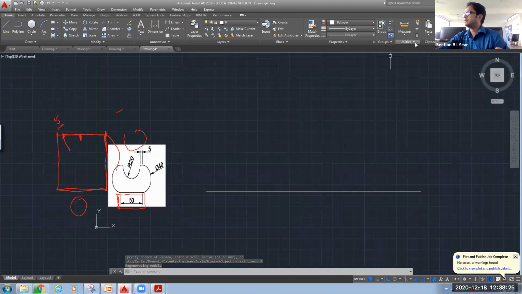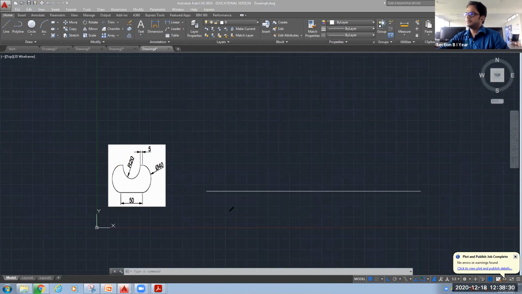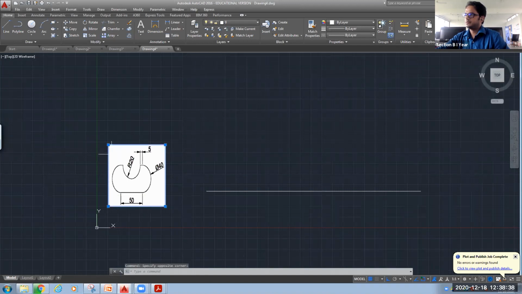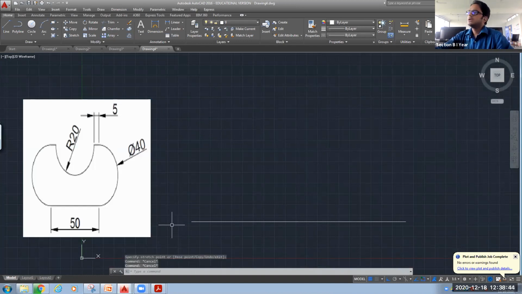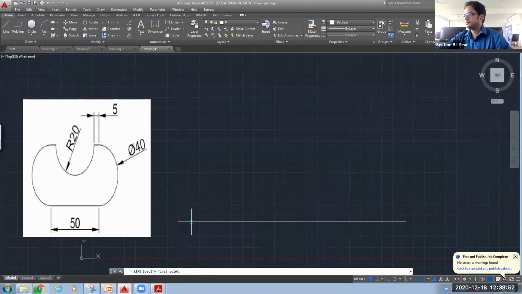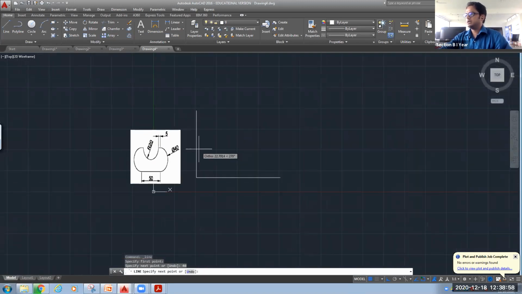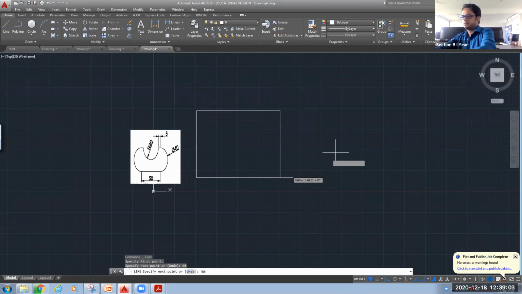I need to clear this annotation. Okay. I will zoom it on this side. Now, you can draw one line of length 40 from this point. Again in this side 50, and again you can close this figure.